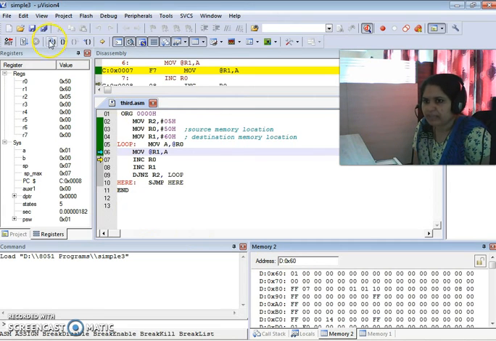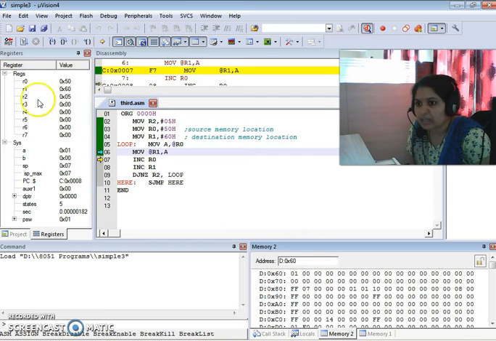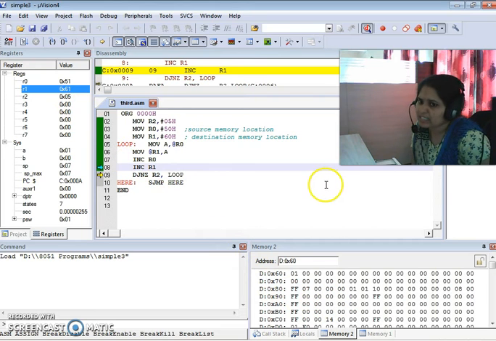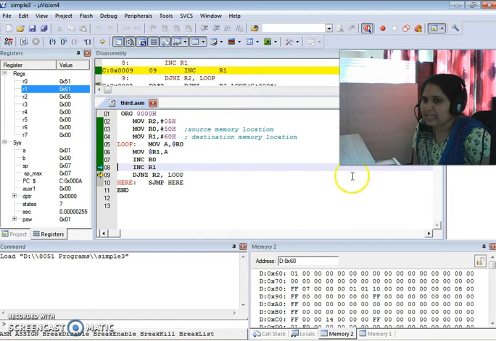Okay. So in this way, just click to execute the next instruction. Now the first memory contents are transferred. Now I want to access the 51H location. Right now the contents of R0 and R1 are 50 and 60. When I execute the next instruction, R0 becomes 51H. Why? Because I have written the increment instruction. So 50 becomes 51, and R1 becomes 61. Now I can access the next memory location, source as well as destination.